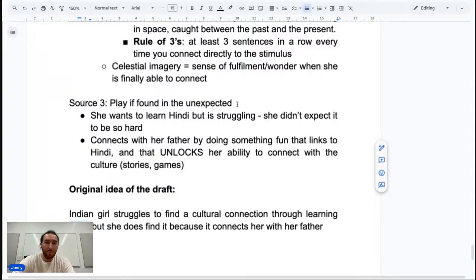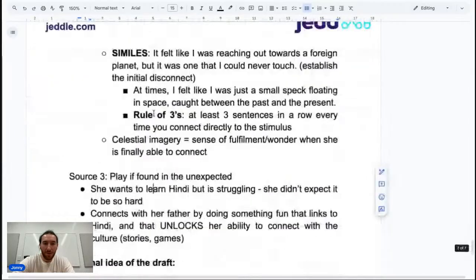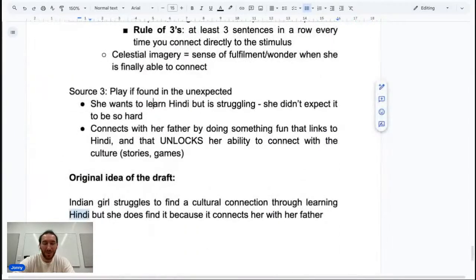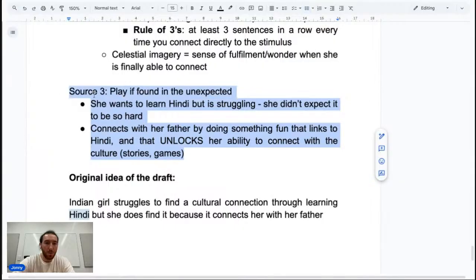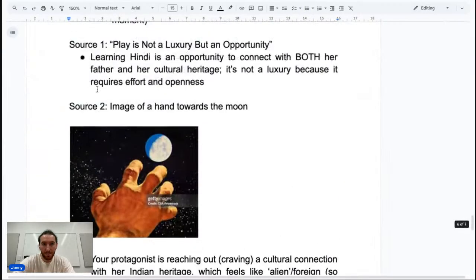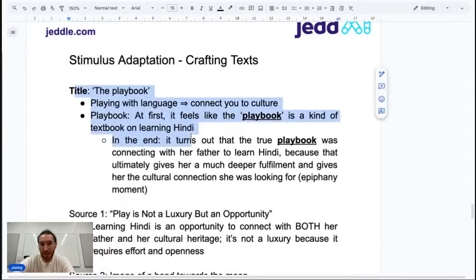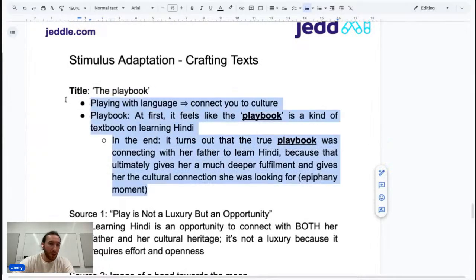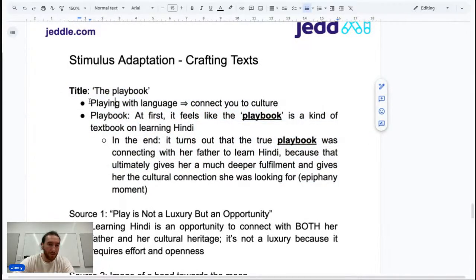So if I had to pick between the 3, I feel like the first 2 are probably easier for you. The last one's doable, but I think you can do any source for any piece, as I've just shown you. Like, just unpack all 3, unpack the title. The first thing is going through that title and making sure you get this overall concept of a playbook.